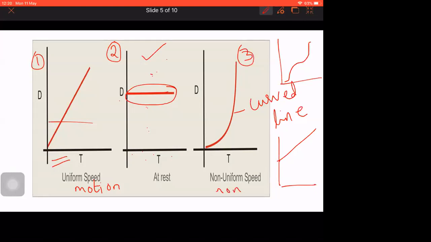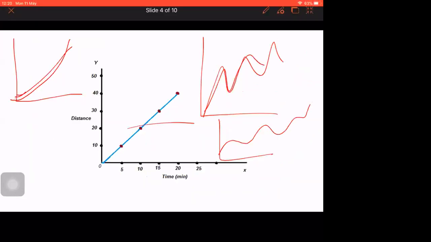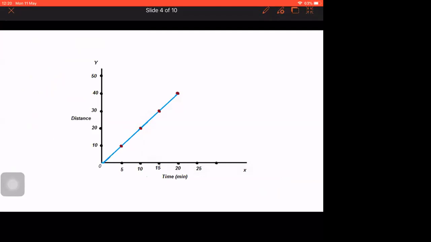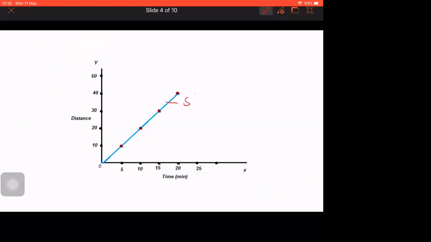Okay. Shall we go to velocity time? Yes, ma'am. Before going to that, I want to clear one thing for you. Whenever I'm taking slope, I'm saying y-axis divided by x-axis, right? This is possible because you have distance on y-axis and time on x-axis. So if you have terms like this, you can divide y by x. Keep this in mind, and I'll ask a question based on this when I'm doing velocity time.